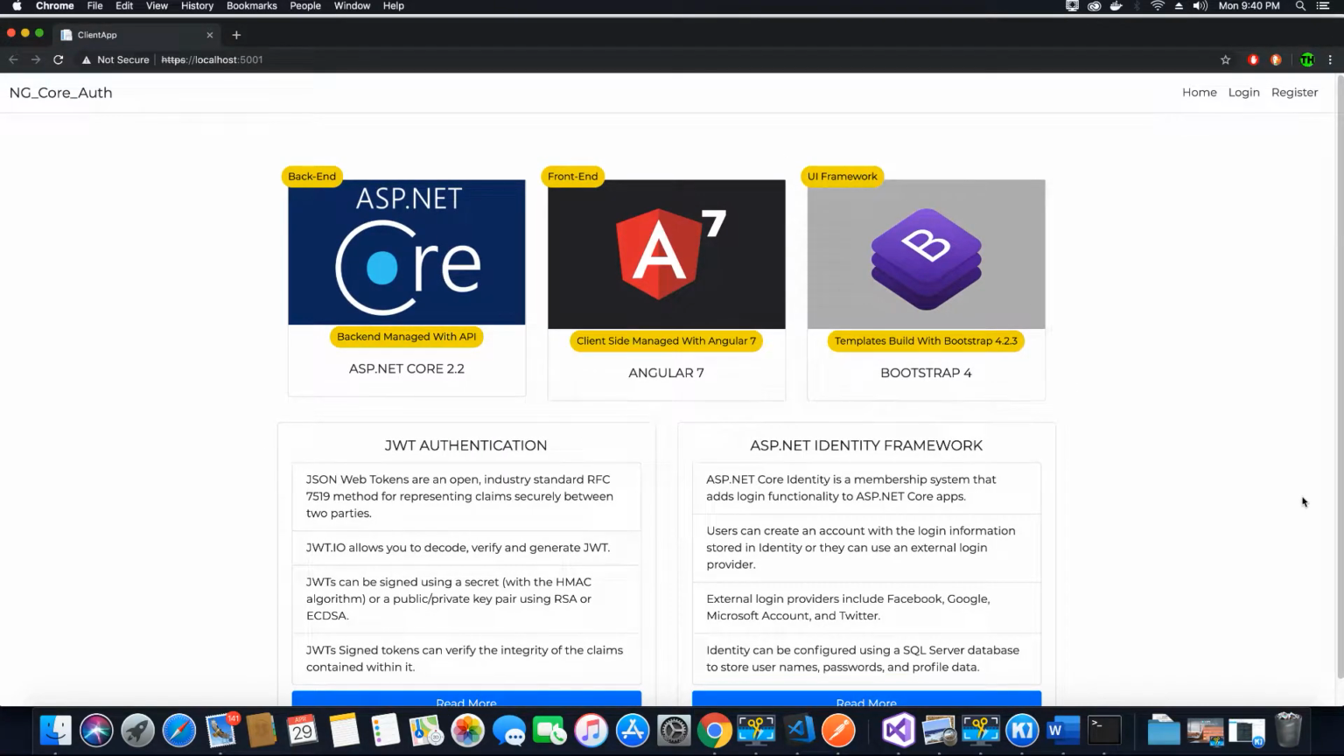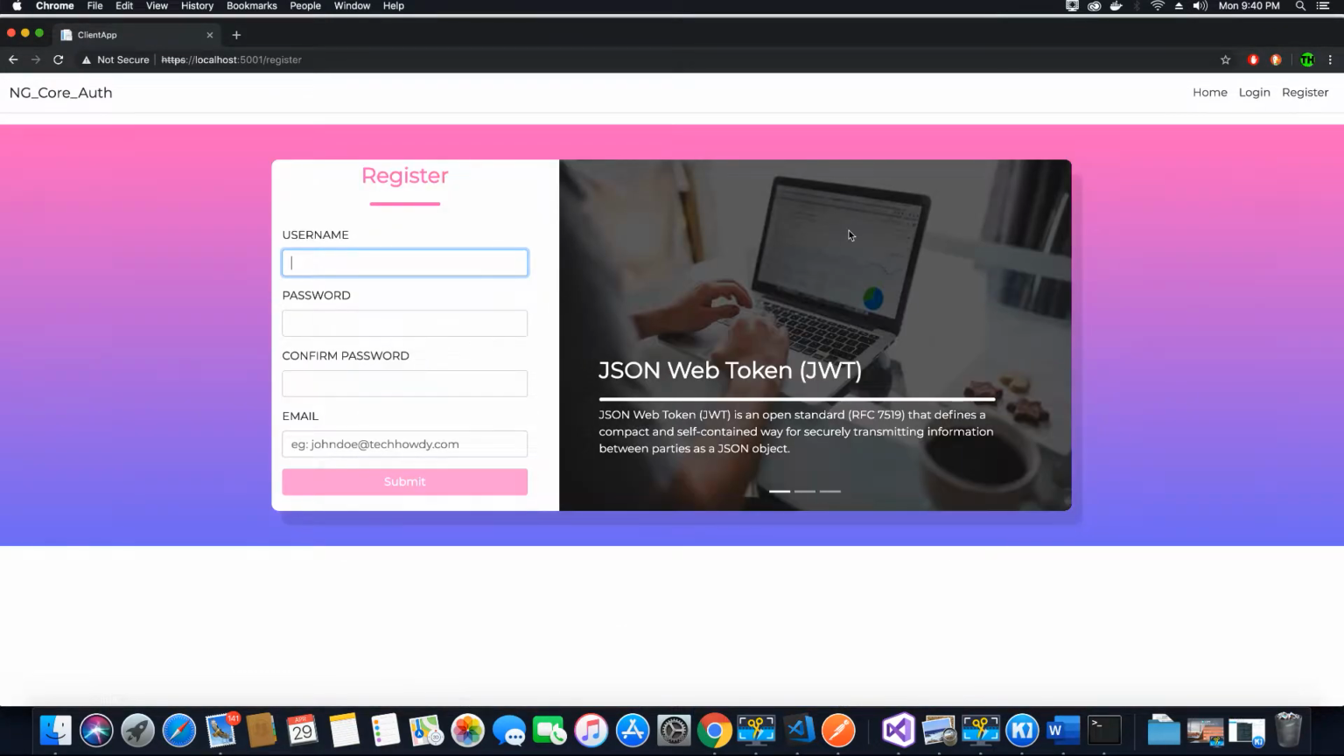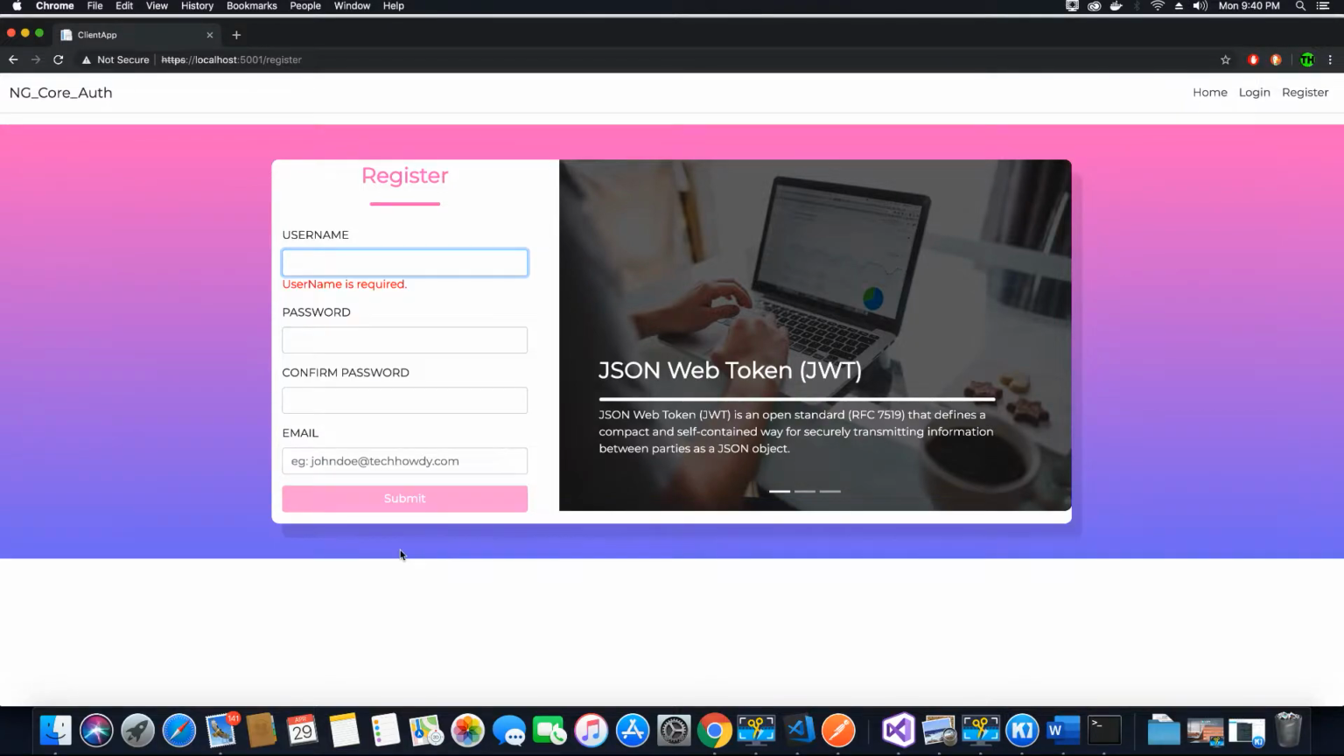Now the next thing that we want to do is go ahead and register a user, because we want to test. And in order to test JWT authentication, we need to have a user. We need to have a username. So for that, we need to register a new user in the application. So using the register form, we will register our user. Very important thing to note: